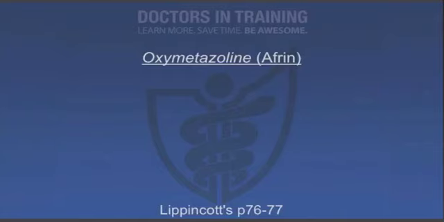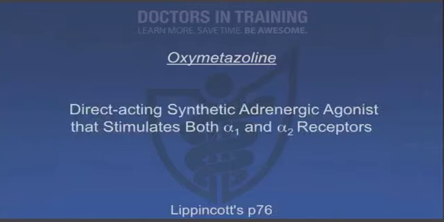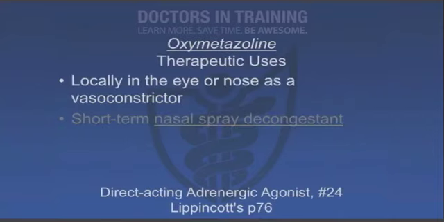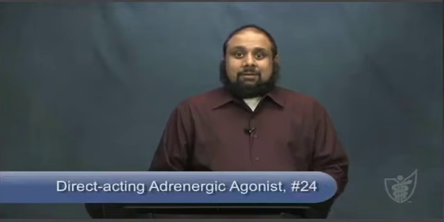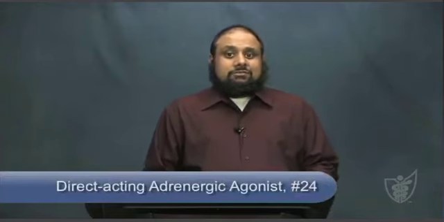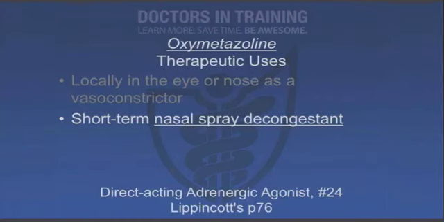The next drug I want to talk about is oxymetazoline, which is a direct-acting synthetic adrenergic agonist which stimulates both the alpha-1 and the alpha-2 receptors. It's primarily used locally in the eye or in the nose as a vasoconstrictor because it hits those alpha-1 receptors. It becomes useful in the clinical situation when we talk about short-term nasal spray decongestants and eye drops for the